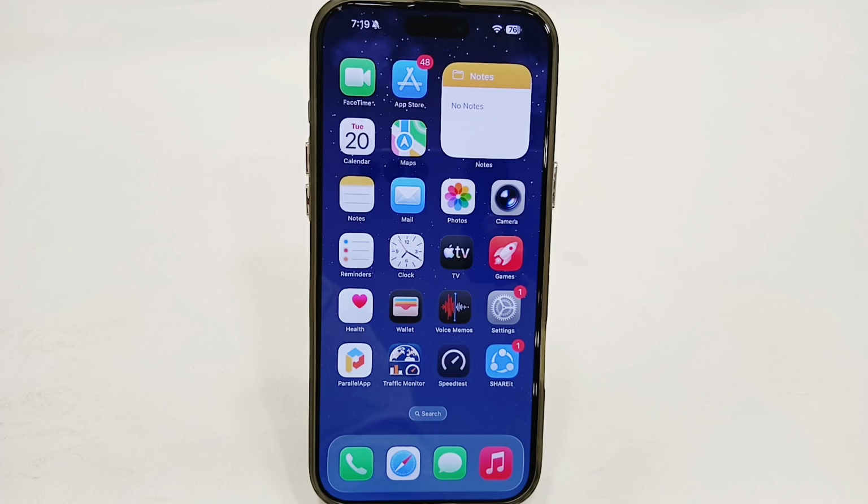Hey guys, today I'm going to tell you how to fix iPhone apps crashing unexpectedly. If you're using any iPhone and you're facing the issue that your apps are crashing, let's see some possible